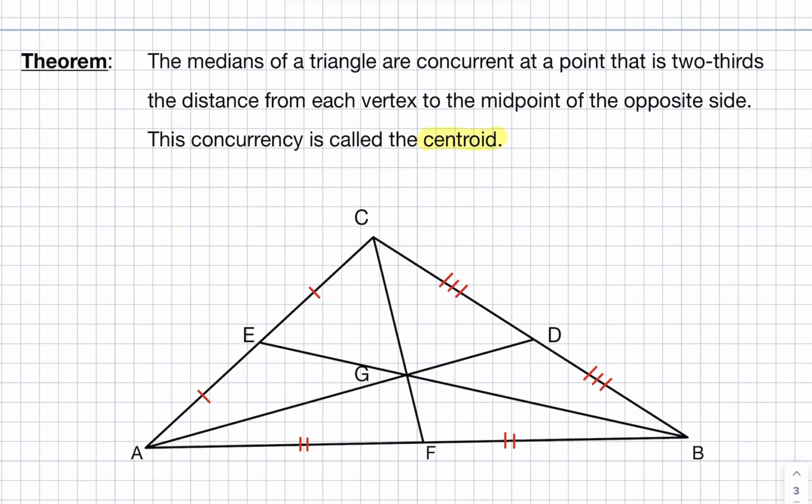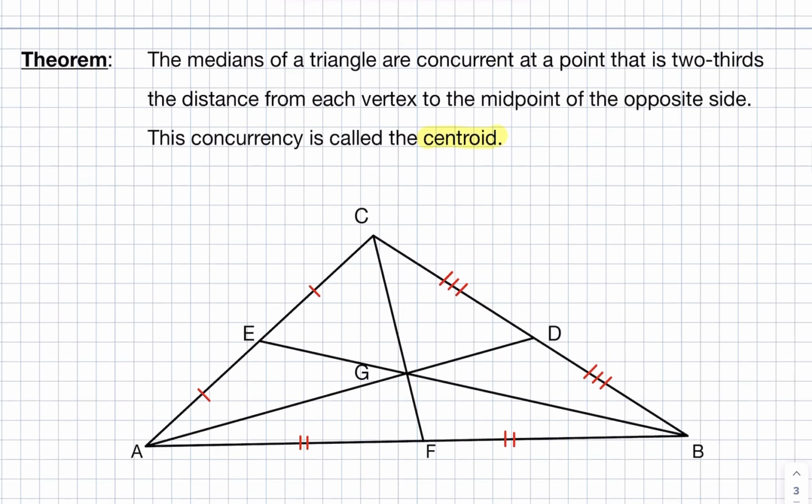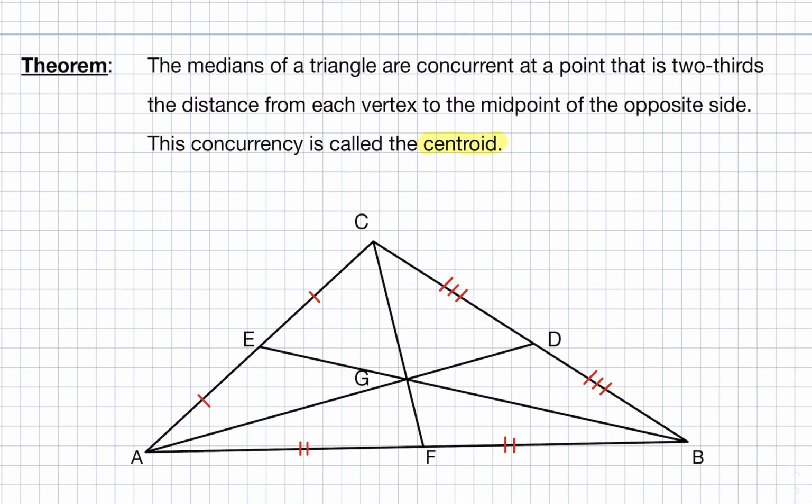All right, so let's take a look at the following theorem. This theorem states that the medians of a triangle, okay, so I mentioned that you can have up to 3 medians in a triangle, and each of these 3 medians intersect or are concurrent right here at point G. That is exactly 2/3 the distance from each vertex to the midpoint of the opposite side. So what this means is